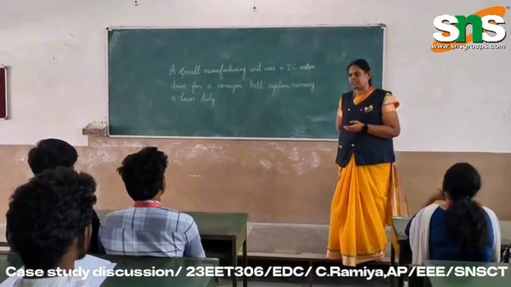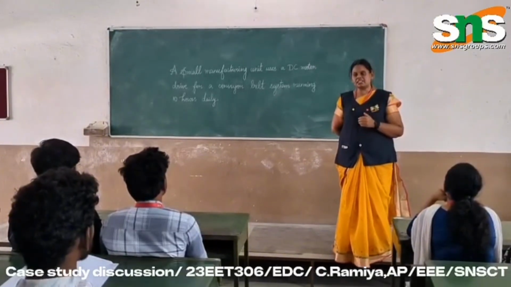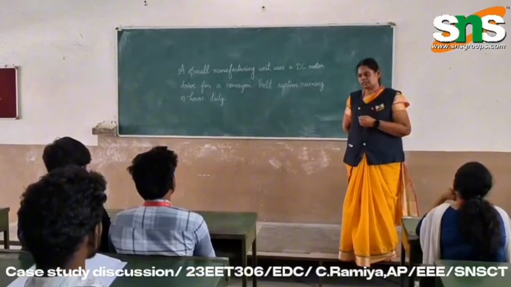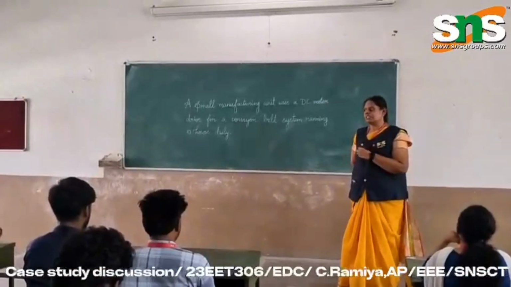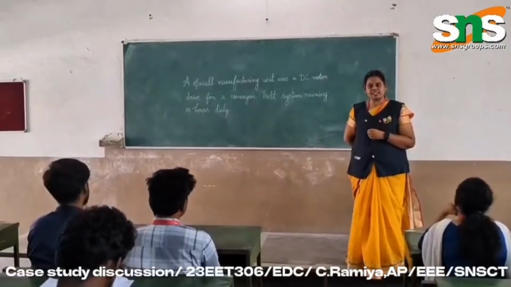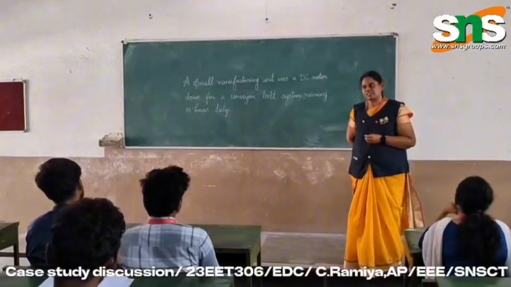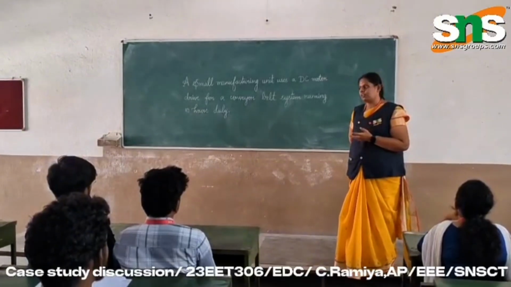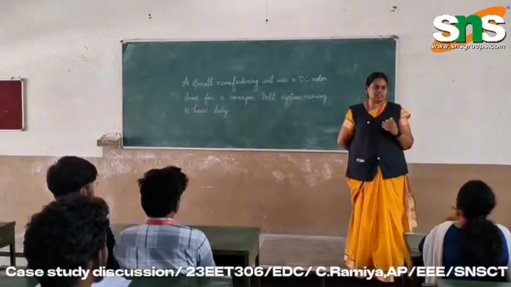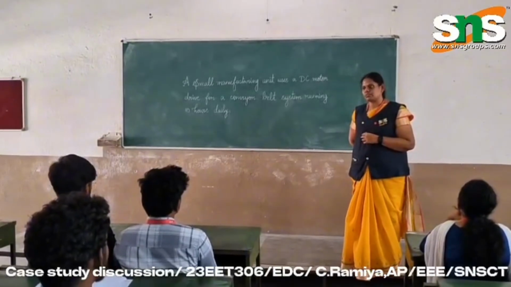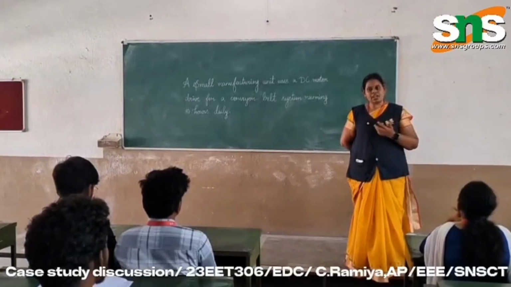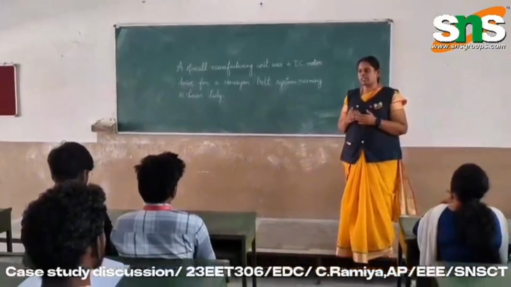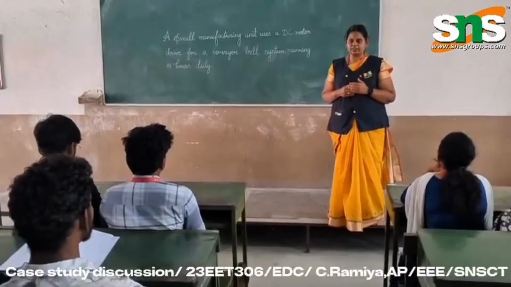they are in need of frequent maintenance, and the motor speeds are fluctuating under various load conditions, and some other issues. So this case scenario faces certain issues with their manufacturing unit in recent days: the electricity bills are very high, they need frequent maintenance, and the motor speeds are fluctuating nowadays. So we have asked students to share their opinion and suggest a way to improve the efficiency, while also considering the cost.